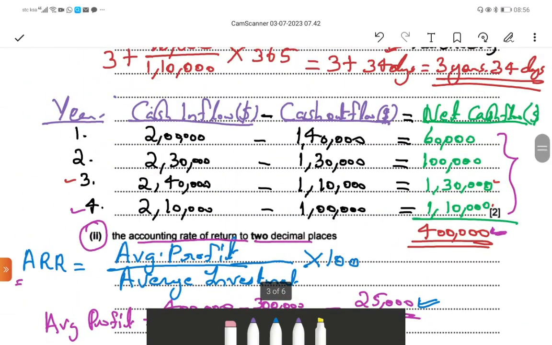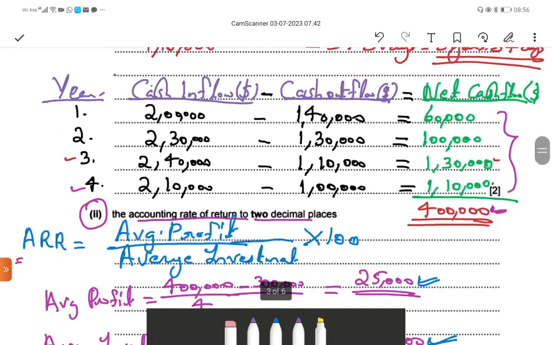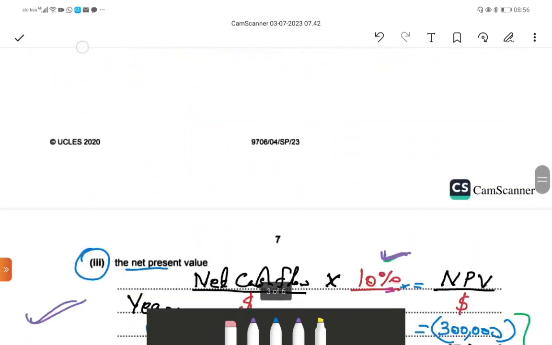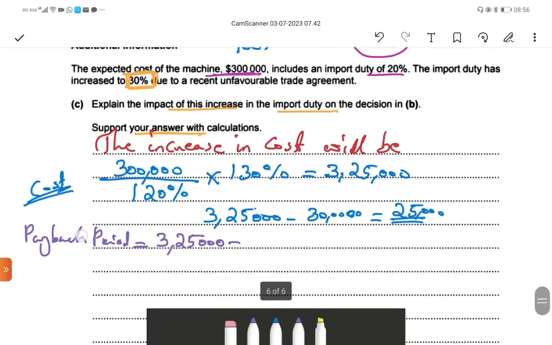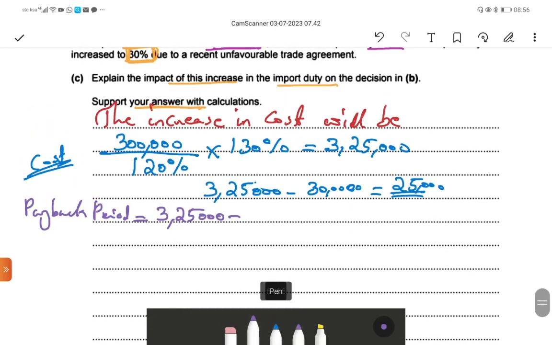The payback period, the 3 years it will be 290,000. Then the cost will be covered within 4 years. So the initial period will be 290,000 divided by